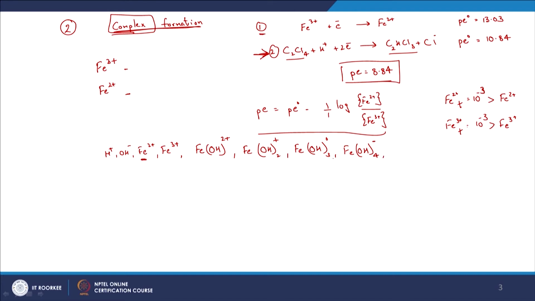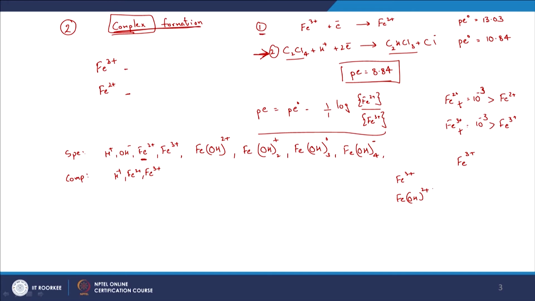So how do I go about it now? I am going to choose H+, Fe2+ and Fe3+ as my components, and these are my species. If I write down the tableau only with respect to Fe3+, what are the relevant species here? I am going to write Fe3+ here and the 4 complexes